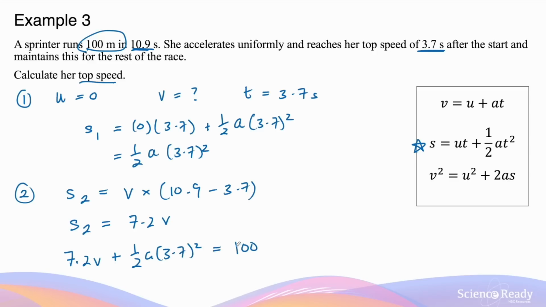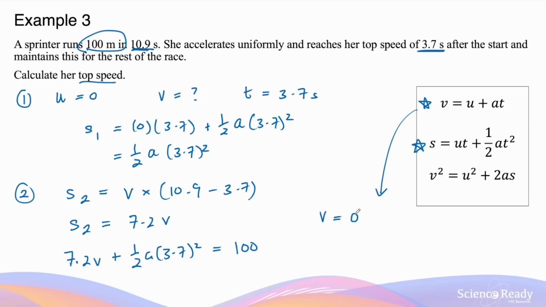Now, we have an equation where we have two unknown variables, so we are not yet able to solve for the value of V, the top speed of the sprinter. This is where we can start looking at another kinematic equation to help us convert this equation into one unknown variable. So V equals U plus AT is very useful here because we know that V is the top speed,